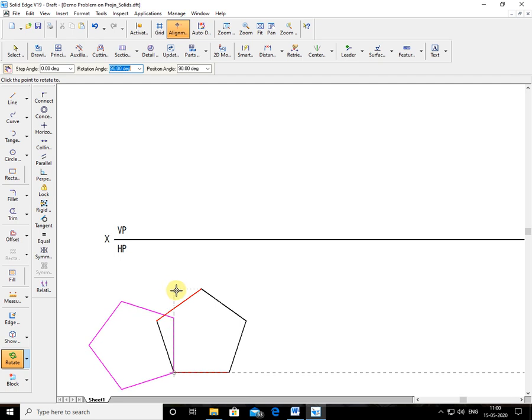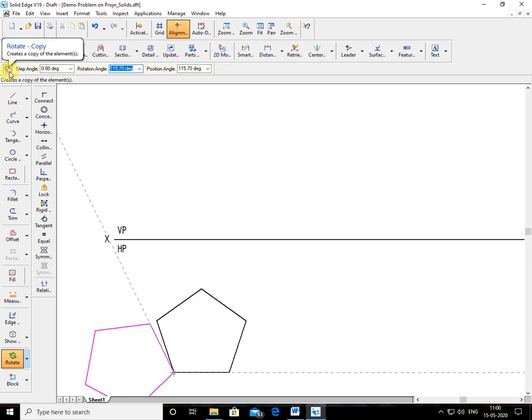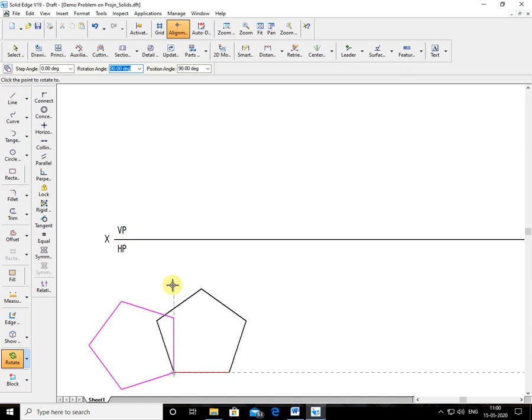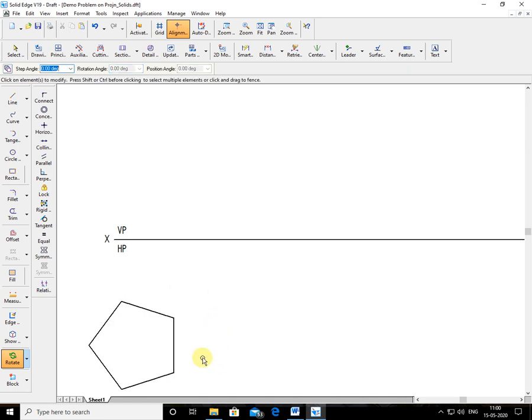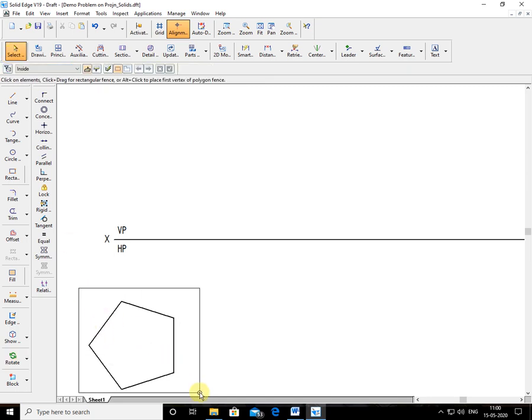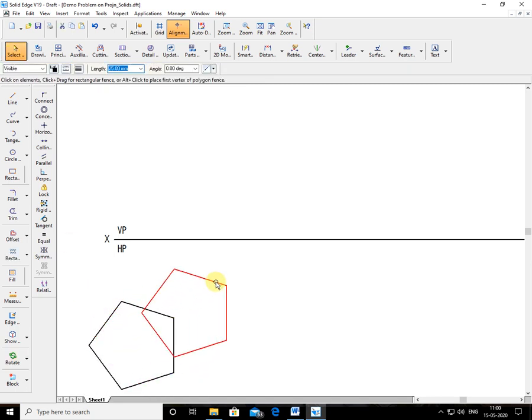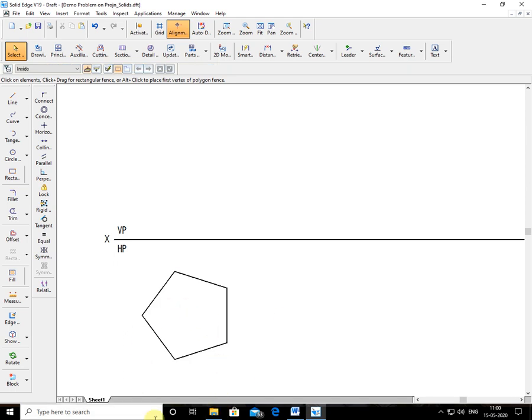Before repositioning it, you have to make sure that in the ribbon bar, the copy option is off, because the original figure should not be there. So I'll keep it off. This is the position. Now I have repositioned the pentagon. Now I'll move or drag it below the XY line in this way. Conveniently, you keep it below the XY line. Now you name it. As I told you in the previous problems on solids, the naming will be done in this way. Usually the base naming will be A1, B1, C1, D1.